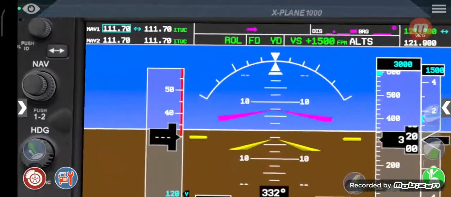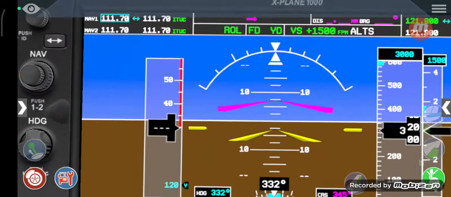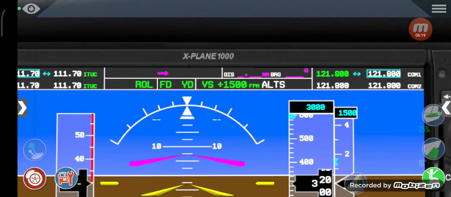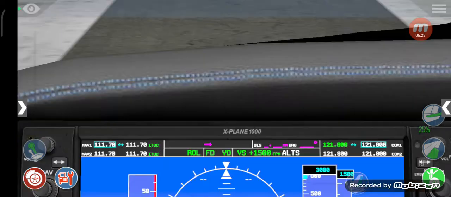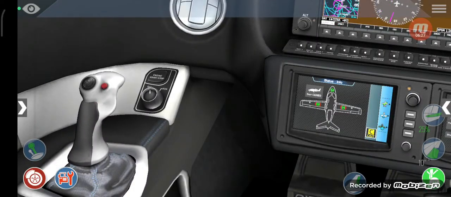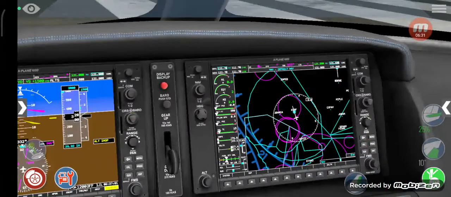So as you can see, altitude, you see that difficulty that I get here. So altitude S means altitude set. So now we take off, but first we need to start our engine. We go to the left side, we roll this button, press this engine start button, and see here